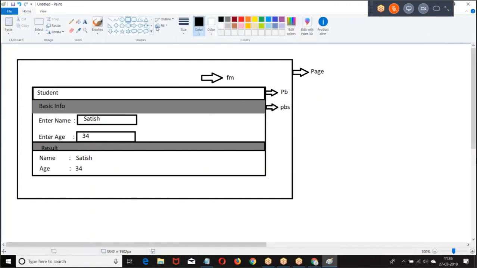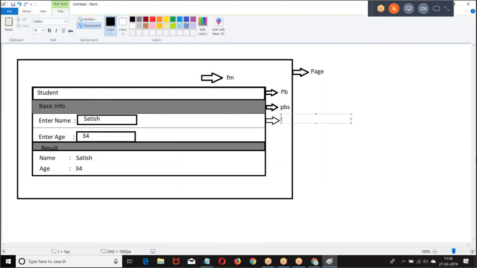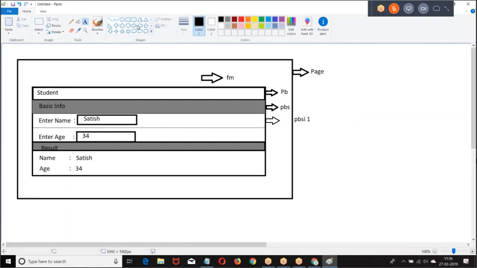In the page block section we have page block section item.